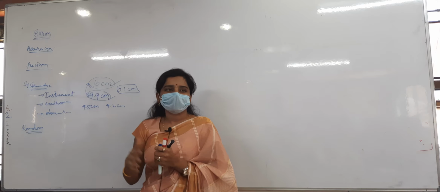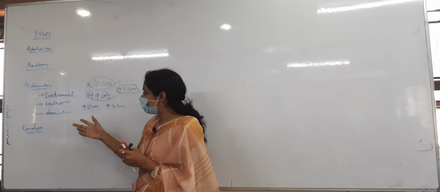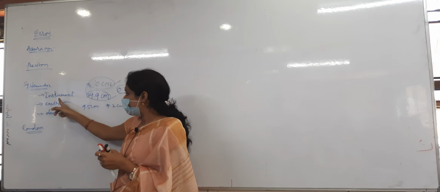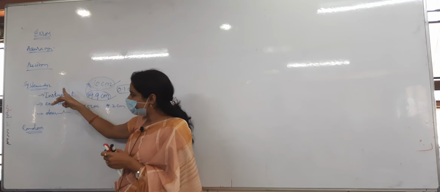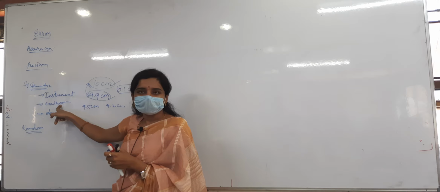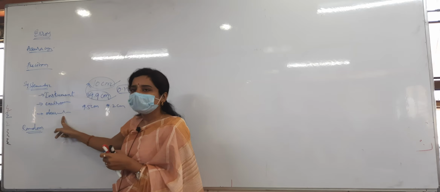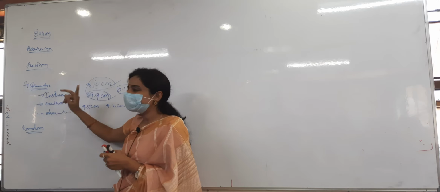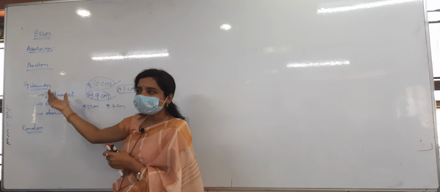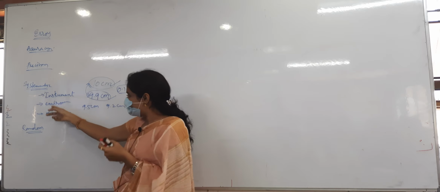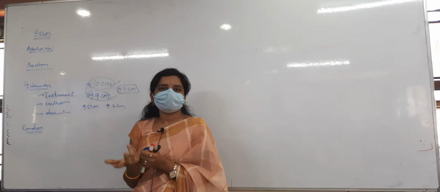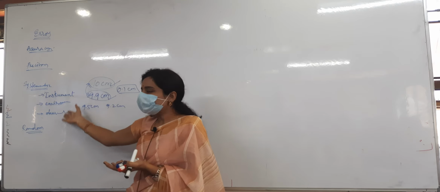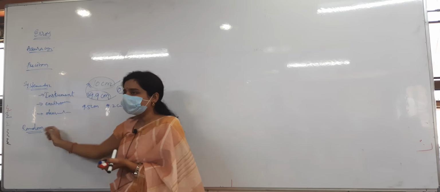We already know the story, and I am teaching unnecessarily here. So all these can be corrected. How can they be corrected? You have to use the proper instrument. You have to do the experiment in a vacuum, or otherwise in a closed room. And for observational errors, you have to wear spectacles. Correct? So these are the systematic errors, whose reasons you already know. One of these 3 reasons should be the reason for the error we got, and we can correct it easily. Next one is random errors.